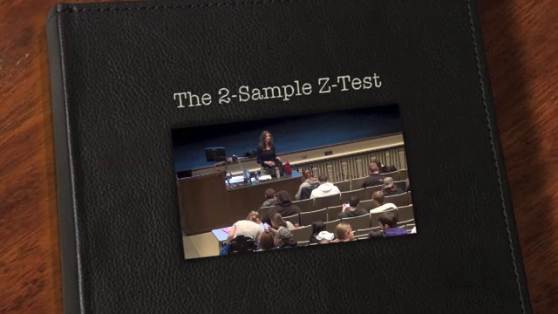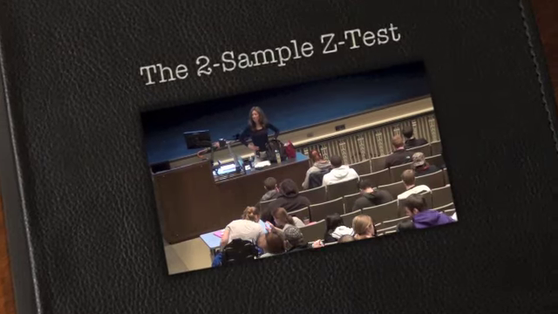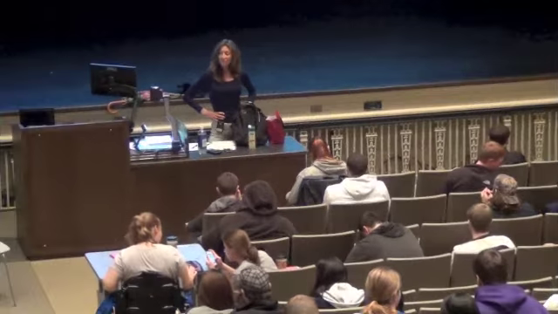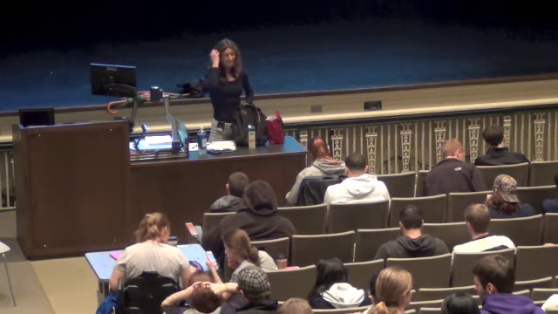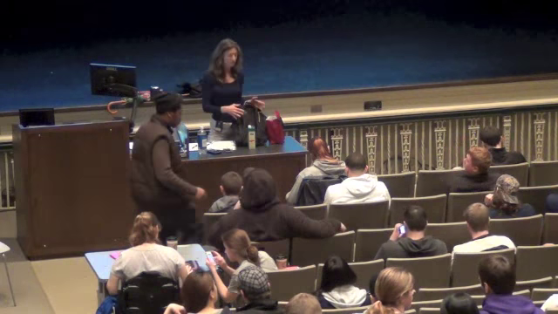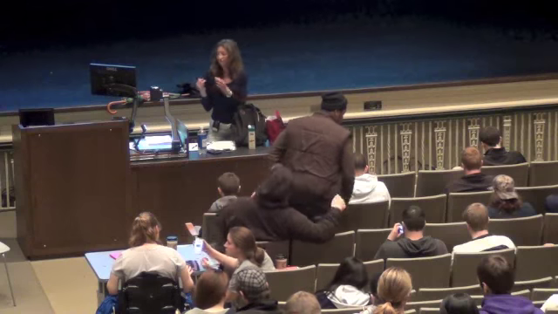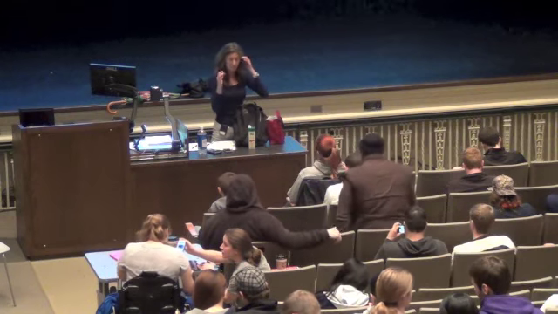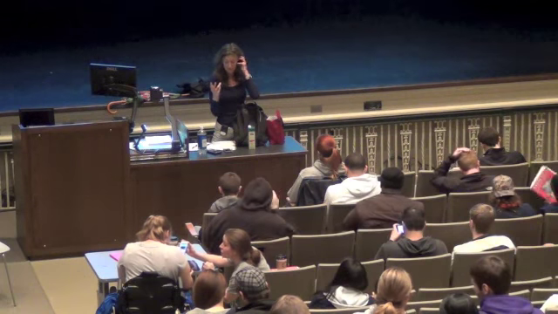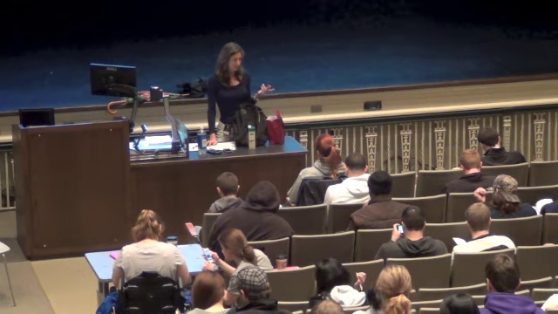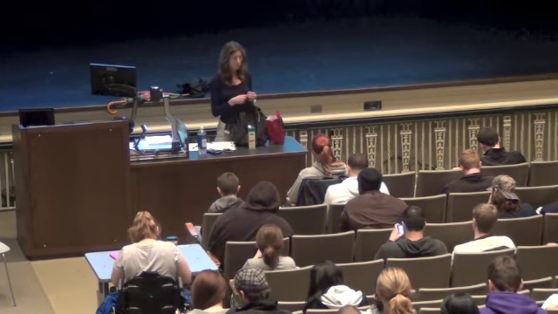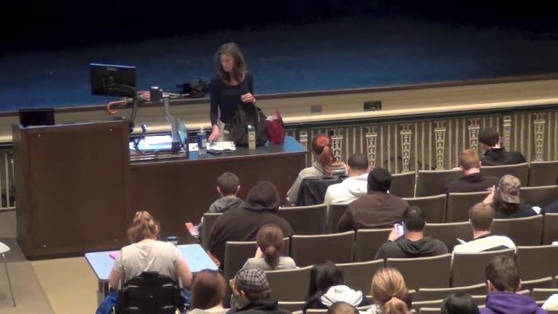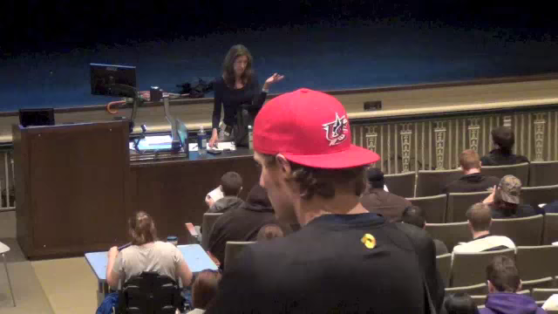All right, everyone, so it's time to begin. After this class, we only have 3 classes left, and the last class is going to be a review for the final. So we really only have this class left where we're going to talk about the 2 sample Z test. And then 2 more classes where we're going to talk about the chi-square, 2 different types of chi-square tests. And then the last class will review everything. Now I want to remind everybody that the final is cumulative.